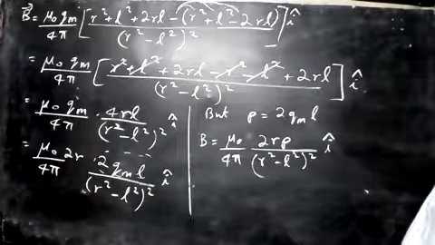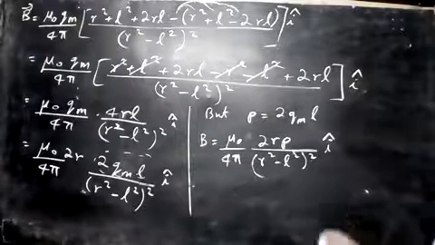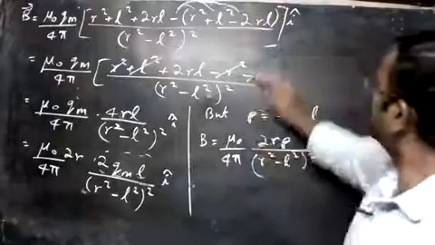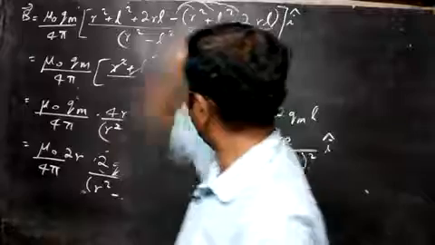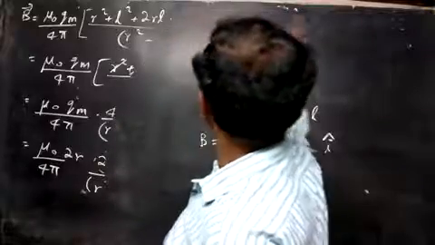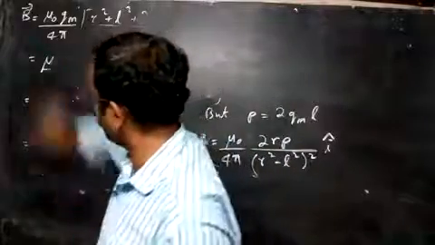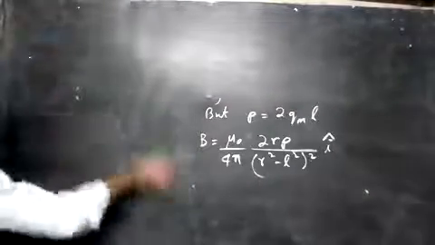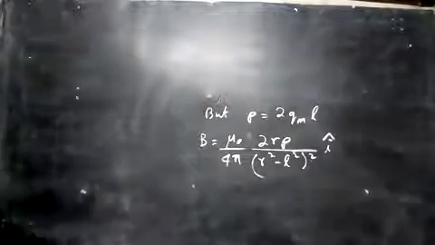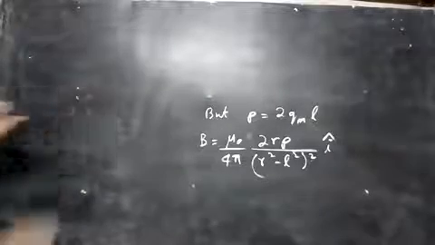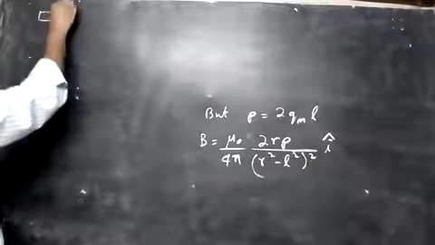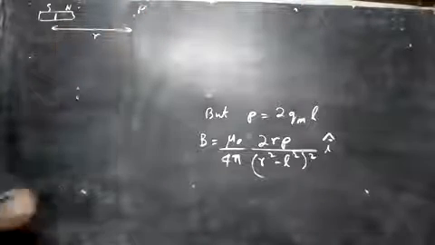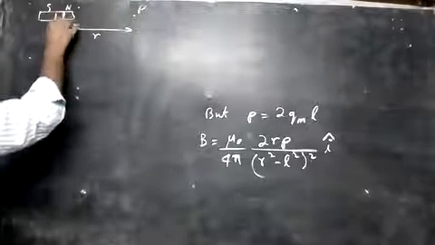Next, let me rub the side down and then I'll discuss what to do next. We can continue now. We had the magnet here: this is the north pole, this is the south pole, and this was a point P. The distance from the center was r, and the length of the magnet we write as l.